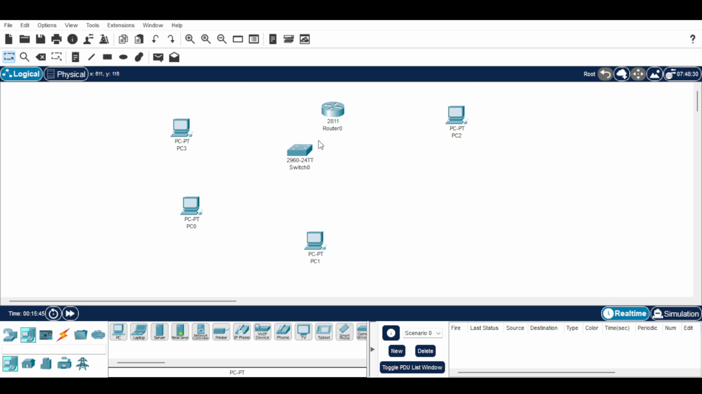For this I have taken a router, one switch, and two PCs, and I will design it in such a way that both of them are in the same network. I have also taken one PC which will be connected to the console of the switch, and another PC at the console port of the router. So let's start the connection